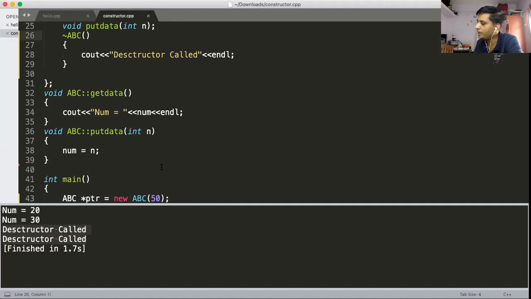You have to create the class, the destructor, and the constructor, write some member functions and data members inside it, create an object and play with that object. Just assign the value, display the value.